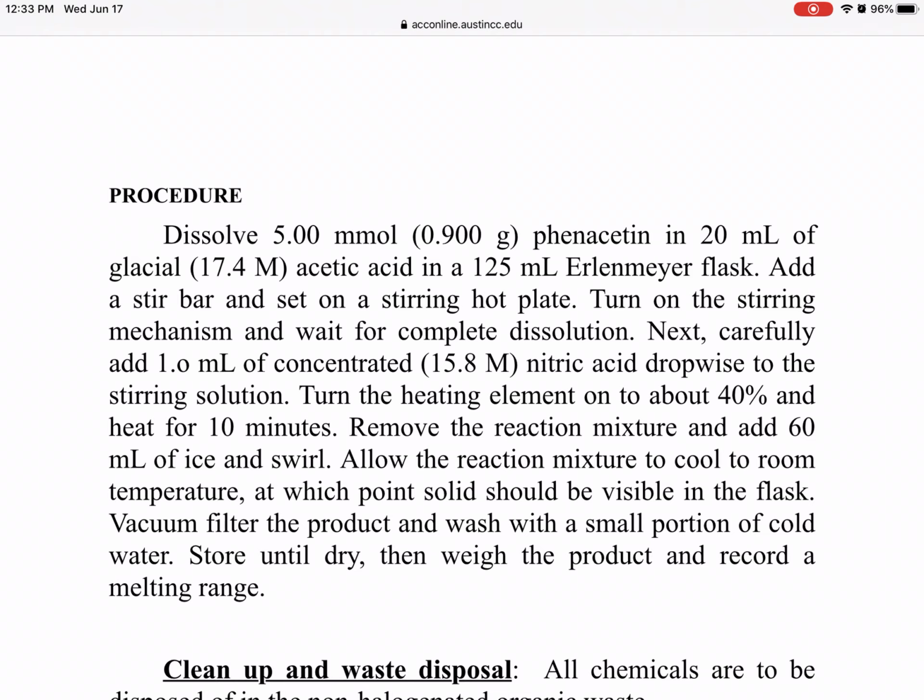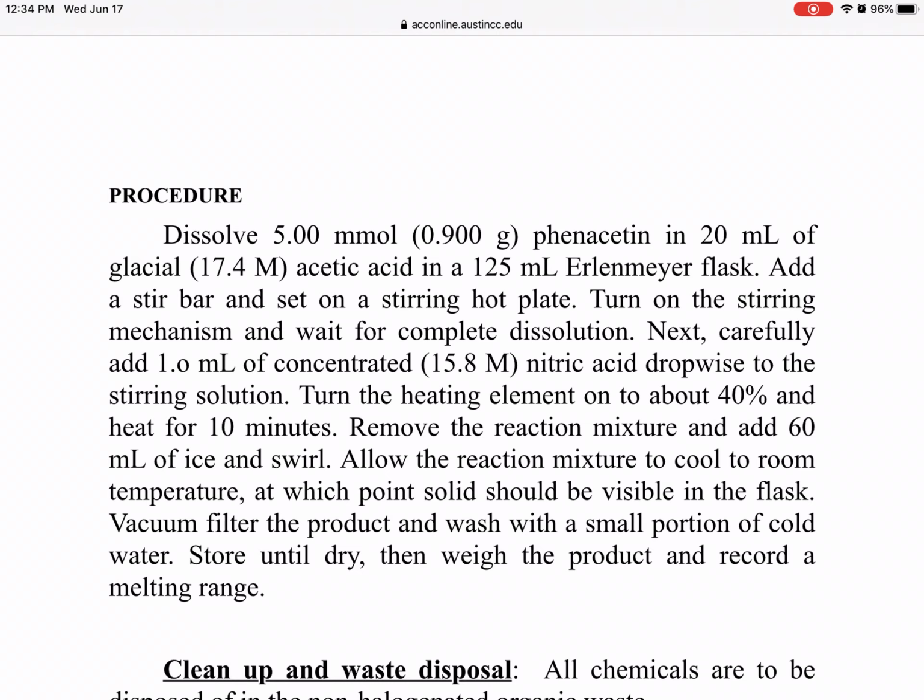And then you're going to remove the reaction mixture. So at this point, we believe that the nitronium ion has been formed. The benzene ring is doing its electrophilic aromatic substitution in your solution. It attached to the second position to the amide group, and it's all done what we want it to do. Okay, and then you allow the reaction mixture to cool to room temperature, and at that time we didn't add ice yet. Okay, so after you are done with the 10 minutes, you're going to remove the reaction mixture